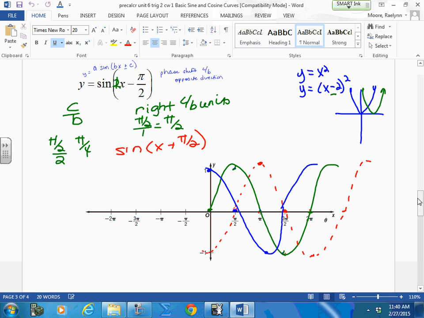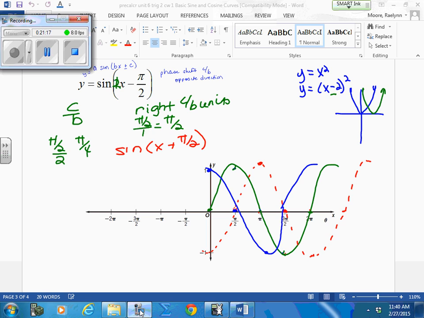Because the goal is for me just to get you to see a phase shift. So our B's will be 1. I want you to see moving left, moving right, and I want you to see the shift in terms of the C part of it. Because it's harder to visualize it when you change the frequency. So I did it last year a little bit, and it was a little bit more confusing, so it kind of took away from everybody understanding what a phase shift was. So I decided to keep B at 1. B can be other than 1, but for us, we'll keep it at 1, so we can just get the concept of the phase shift, where it's going. Okay? Do you guys have